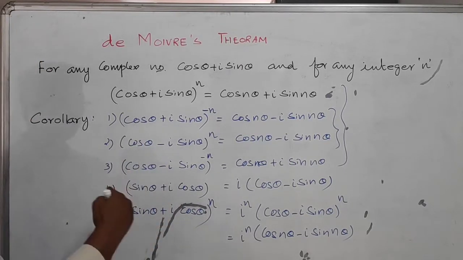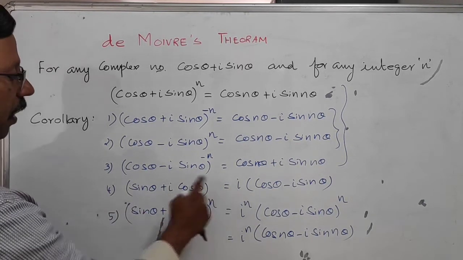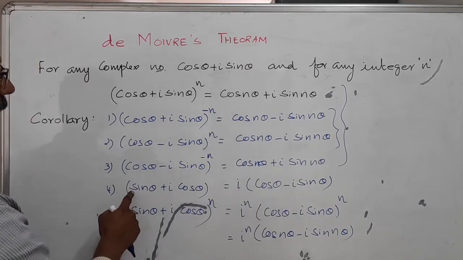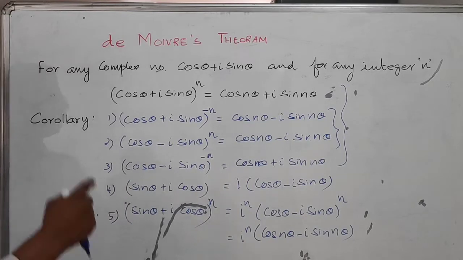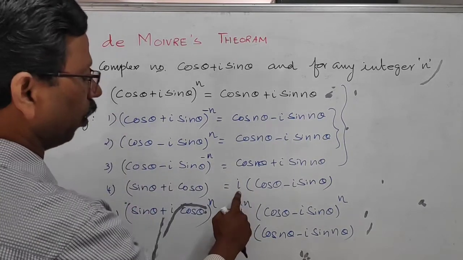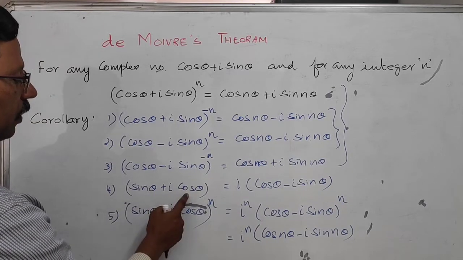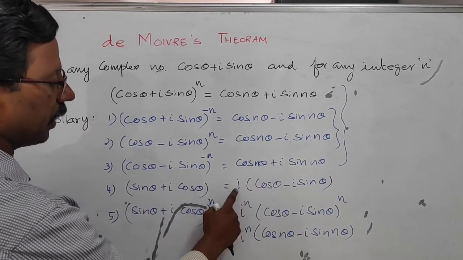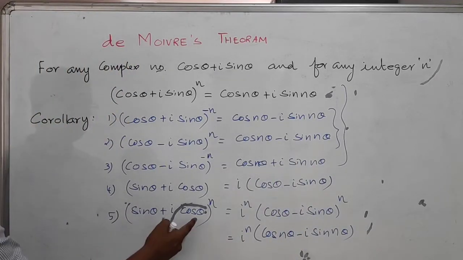Therefore, I want to bring this into polar form, so you have to take i outside. While taking i outside, you get i cos theta, then you are getting sin theta by i, that is 1 by i. 1 by i is nothing but minus i. Already we have proved this. Therefore, take i commonly outside, then interchange these two parts and change the sign of this one. That is i into (cos theta minus i sin theta). Now here we are raising to the power n.